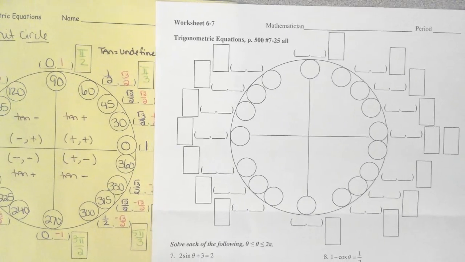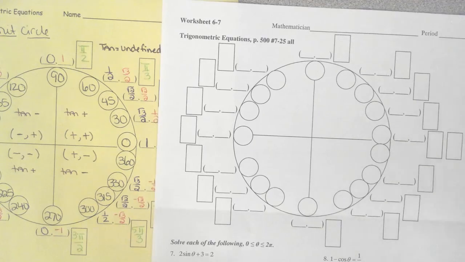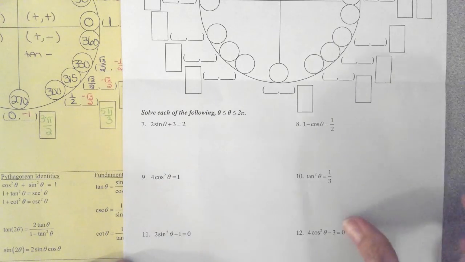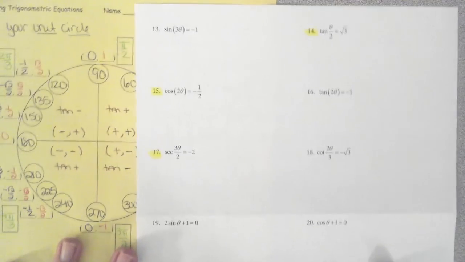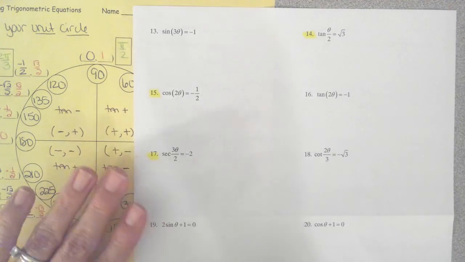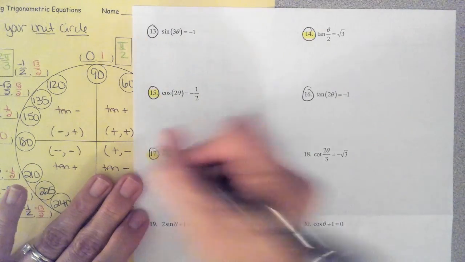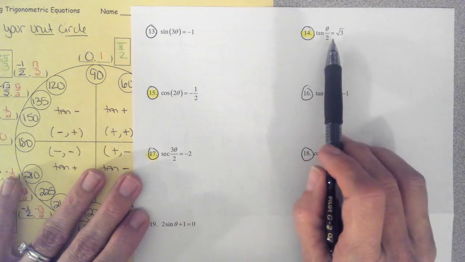On day 2 of solving trig equations, we started on worksheet 6-7. The first 12 problems on the worksheet were review from Monday, so these weren't new, not a big deal. On the back, we did have some new things happen. If you'll notice on numbers 13, 14, 15, 16, 17, and 18, there's actually something right in front of the